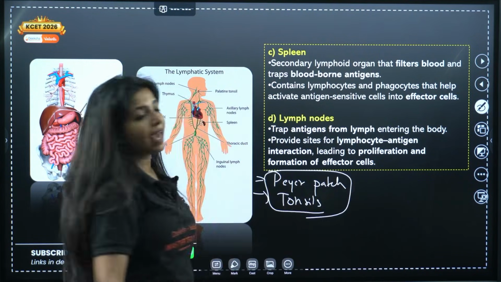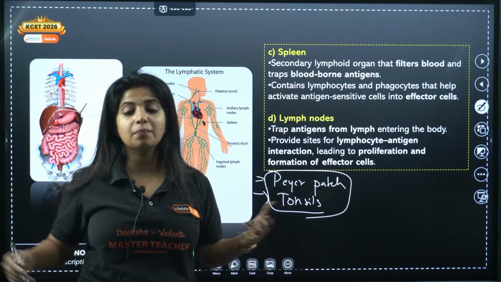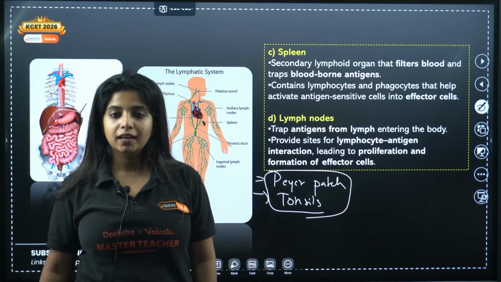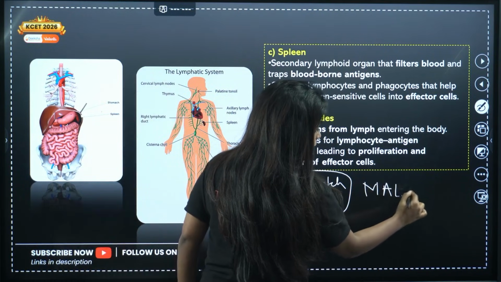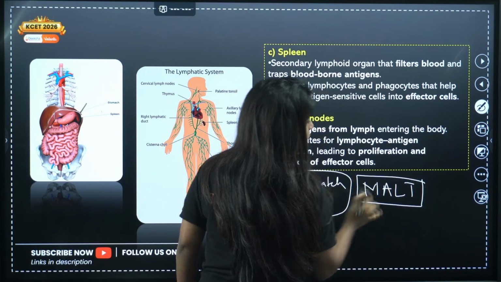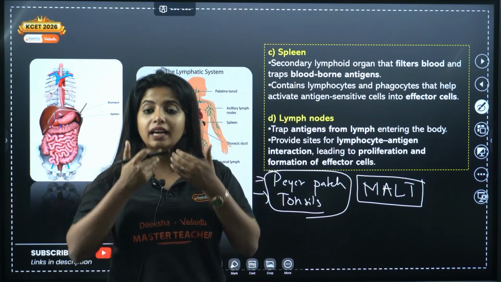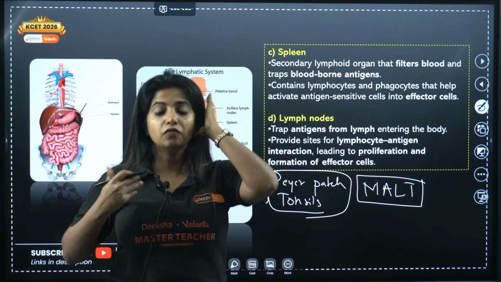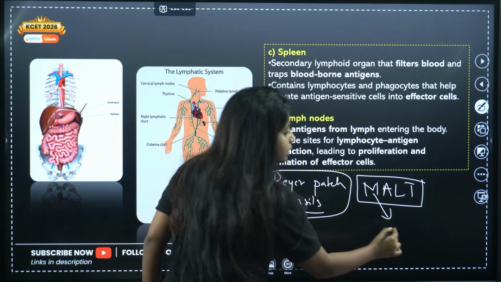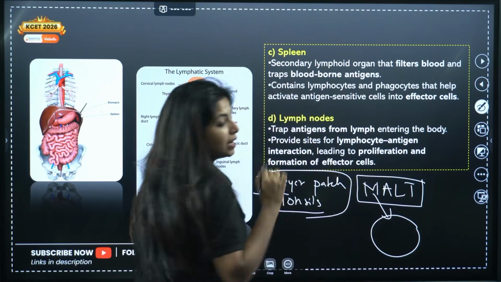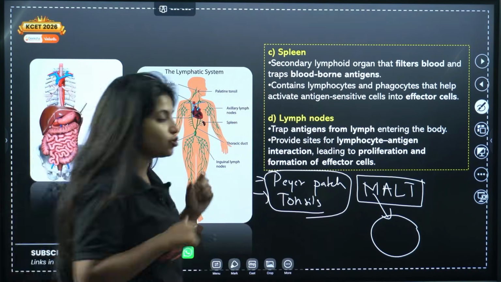All of them are a part of our lymphoid system. And in your NCERT, mucosa associated lymphoid tissue is also given. That means we have different layers, right? There is a layer known as mucosa, and inside that you also have lymphoid tissue. Now there is a percentage given in your NCERT, this much percentage is acquired by MALT. Can you tell me the percentage again in the comment section?